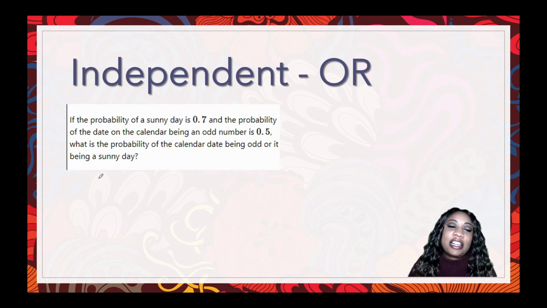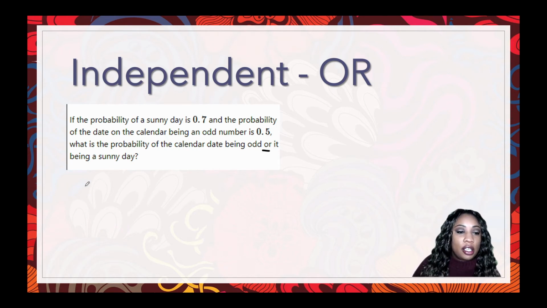All right, let's look at another example. The probability of a sunny day is 0.7, and the probability of the date on the calendar being an odd number is 0.5. What is the probability of the calendar date being odd or it being a sunny day? So now when we go to the question, which is the whole thing because it's just one sentence, we're going to look for an and, an or, or an if. So it says the calendar date being odd or it being a sunny day. So we're going to use our or formula,